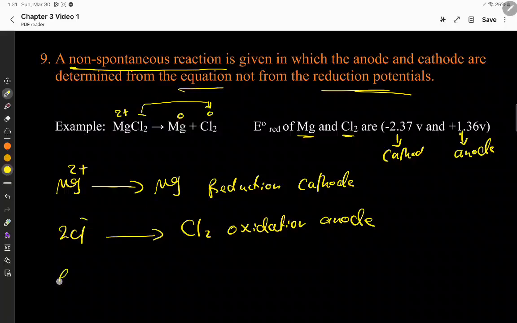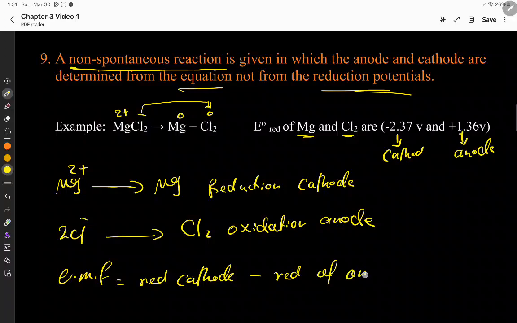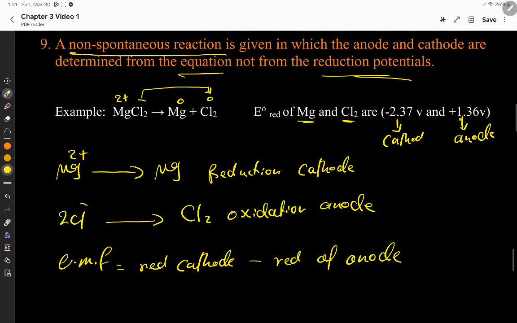The electromotive force is the reduction potential of cathode minus the reduction potential of anode. In this case, the reduction potential of magnesium, which is the cathode, is negative 2.37 minus the reduction potential of the anode, which is positive 1.36, that equals negative